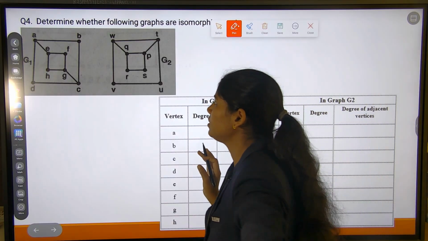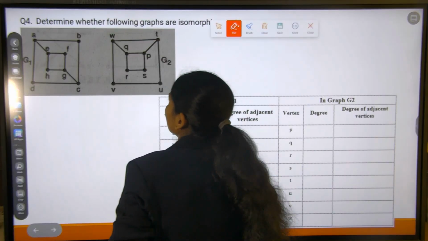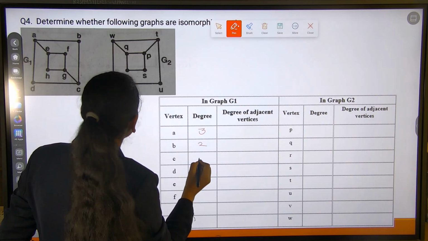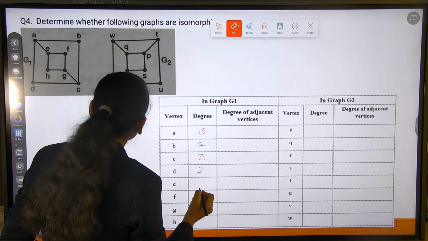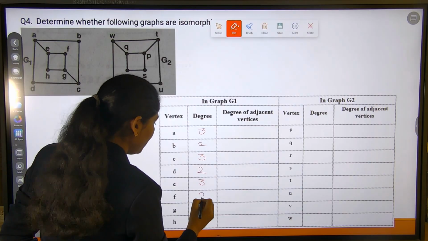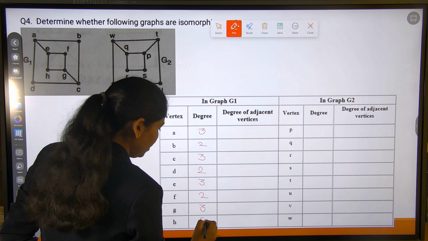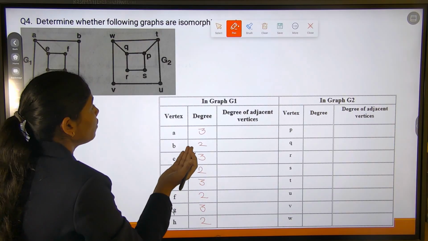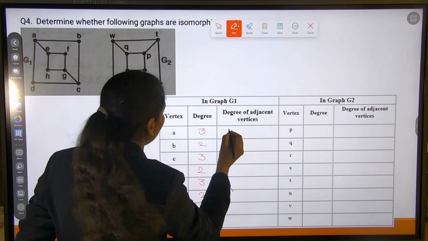So for this example, the degree of A is 3, degree of B is 2, degree of C is 3, degree of D is 2, degree of E is 3, F has degree 2, G has degree 3, H has degree 2. Write down the adjacent vertices also, the degree of adjacent vertices. So 2, 2, 3